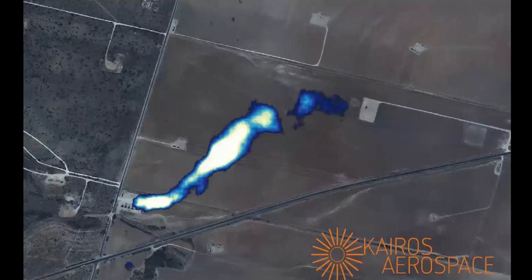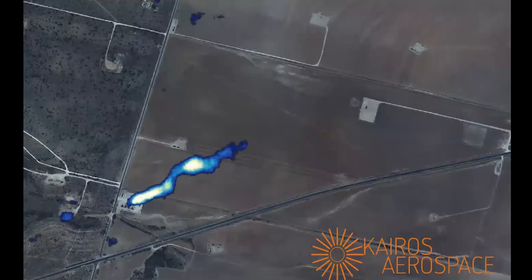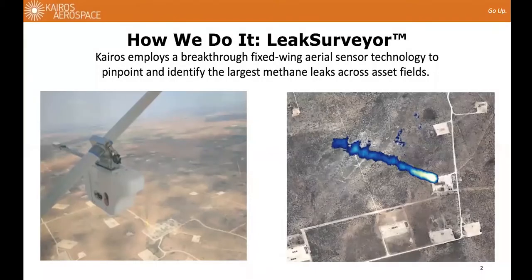most efficient way possible. Kairos customers typically see 45% or more methane emission reductions in their first year of working with us. We do this by flying our patented leak surveyor imaging spectrometers over oil fields. Each of these units, flying on light aircraft, can cover 100 to 150 square miles per day. The spectrometers provide images of the methane plumes as well as simultaneous optical imagery to provide operators with context for